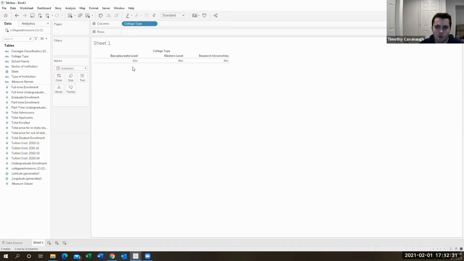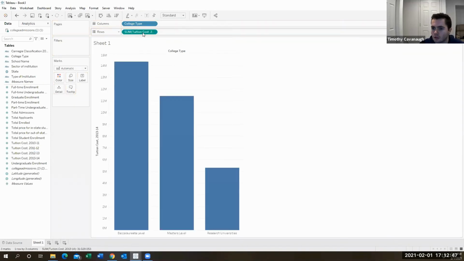Now we want to look at the tuition costs for each of these different types of colleges. So we're going to go down to our values, which is tuition cost right here for the most recent year in this data set. We're going to take that and drag it to rows. This pops up here, and if you hover over it, it tells you that baccalaureate level is the most expensive,